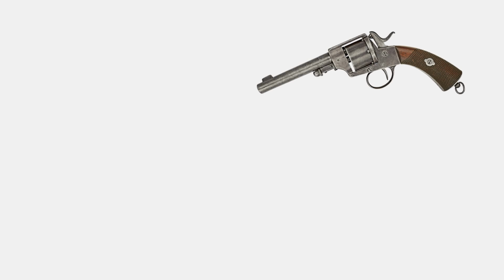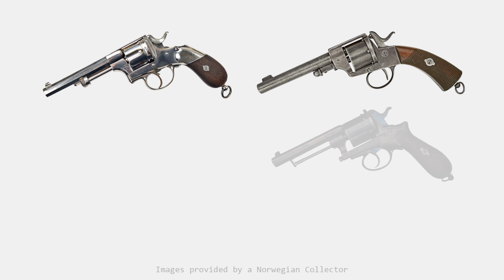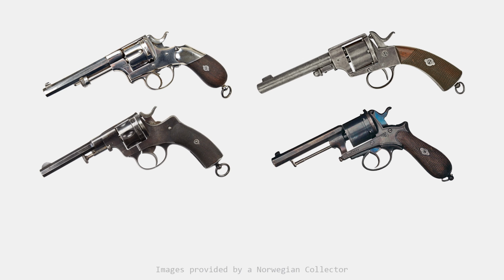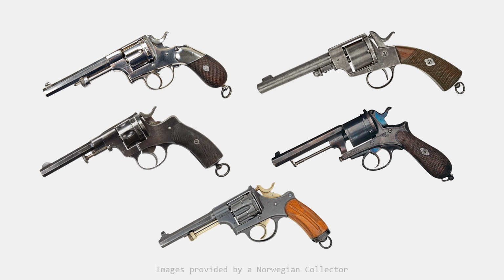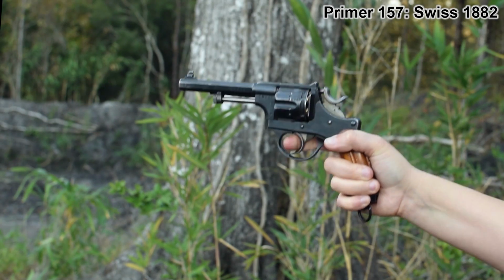Now, perhaps because of all of this, another joint commission would be put to work on the pistol problem. And by this time, they had much better options to choose from. With the Swedish 1871 still serving as a control, they would review the Warnant once more, and strangely, the Gasser Kropatschek as well. New to the table, however, was the Nagant 1883 by way of Norwegian interest, of course, and the Swiss 1882. This was a downscaling and somewhat heavy modification of the Swiss 1878, and while we've covered it